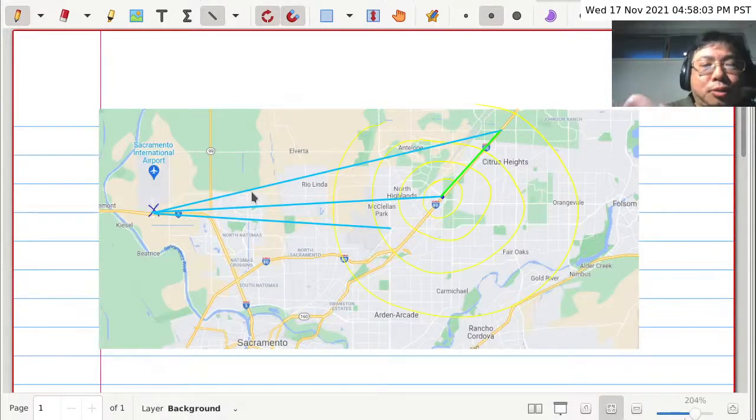As opposed to, okay, let me pick yet a different color. This time we will pick orange. So let's say we have somehow figured out the exact path to get to this point over here. When you add the length of the orange line, which is exact, to the length of this particular blue